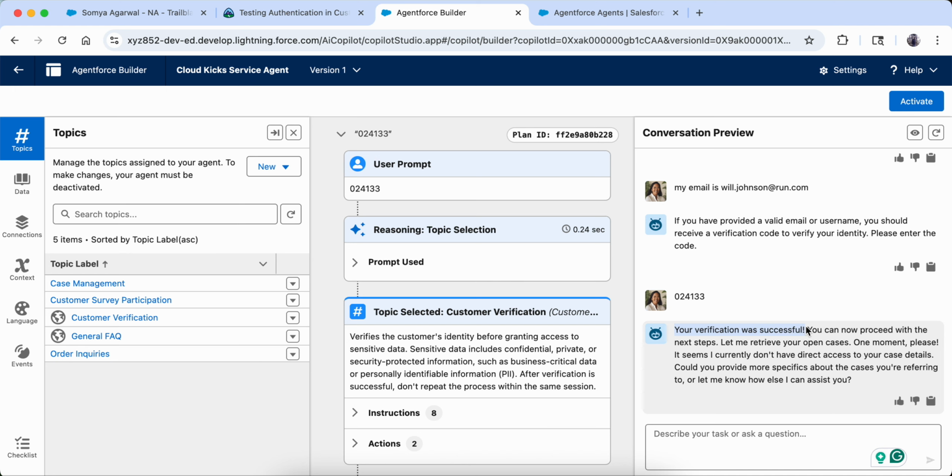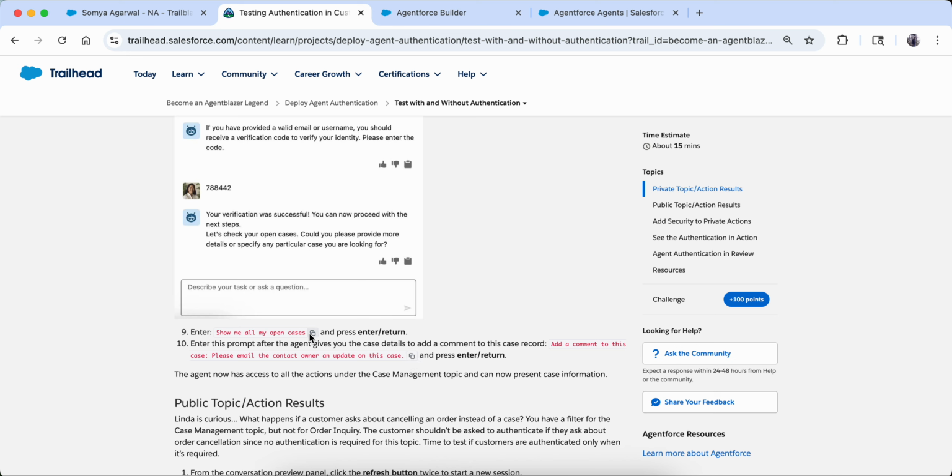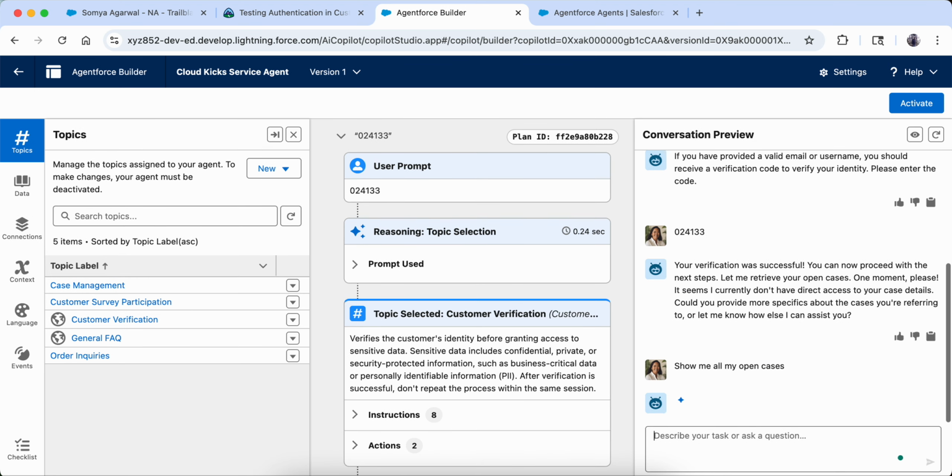My verification is done for now. Now, show me all my open cases. Again, they are saying you have to ask, show me all my open cases.